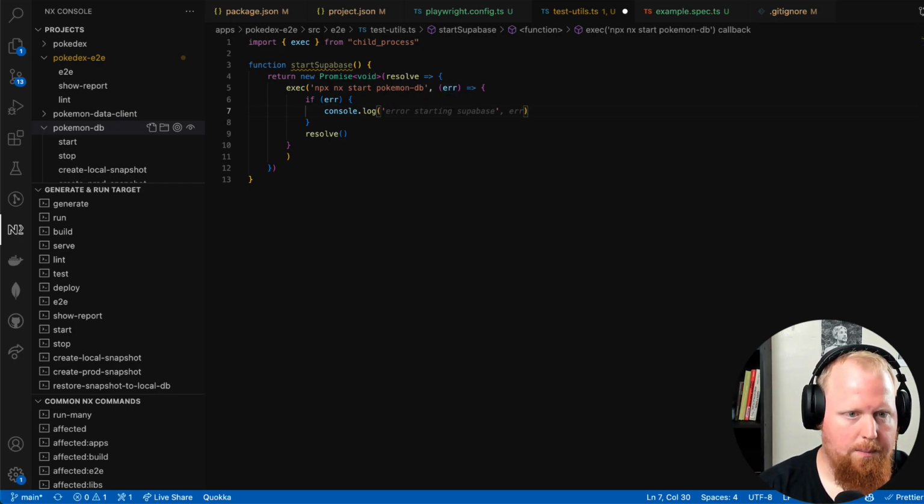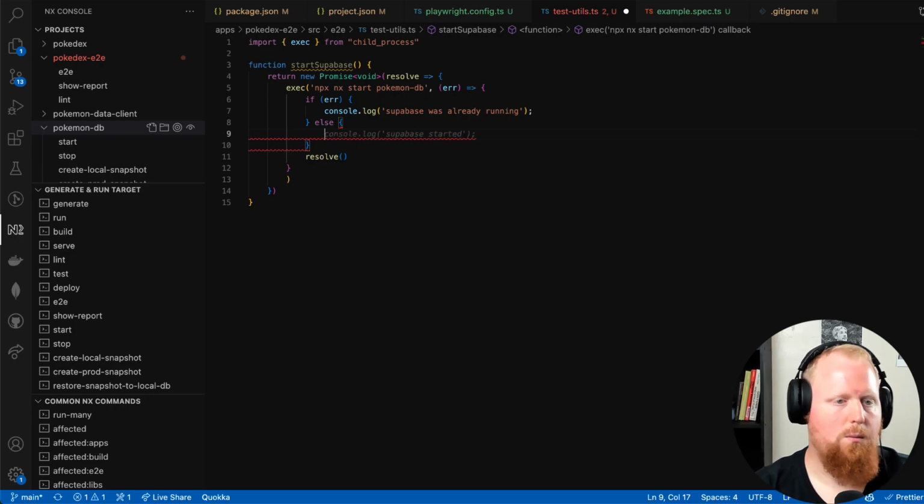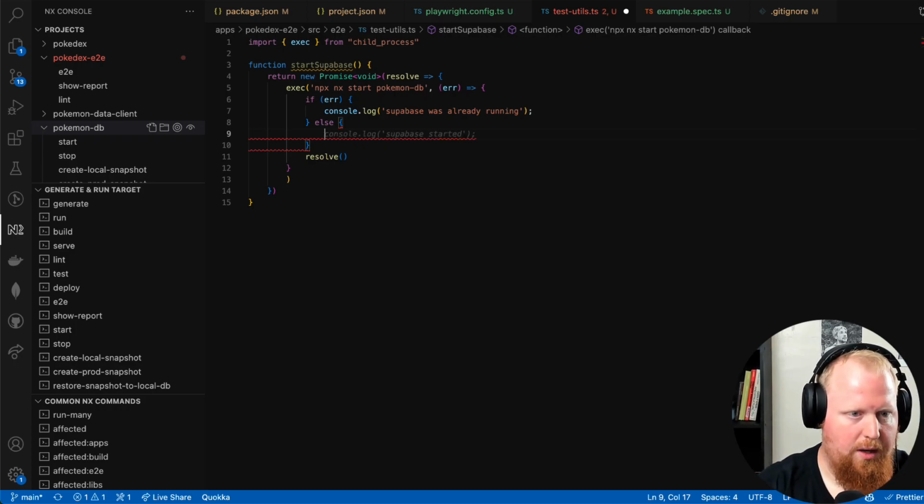So we'll say Supabase was already running. Not really an error. We just want to make sure it was running. If it's already running, we'll just get an error from that. And there's other errors that could happen. So this isn't necessarily production ready code, but it's decent example code. So we'll use it. Otherwise,